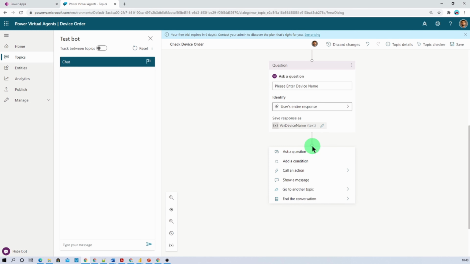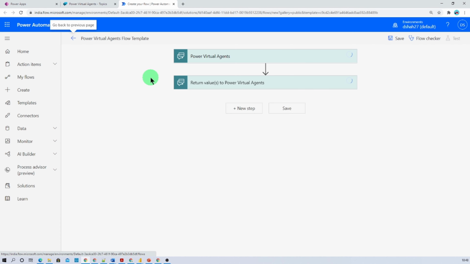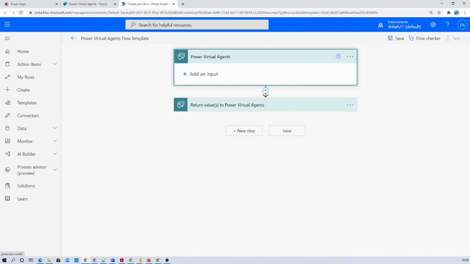For that, click on add node and click on call an action. And now we need to create a flow. Let's click on create a flow. That will create a new flow for it and it will show this type of out of the box template. Now here first of all we need two inputs.